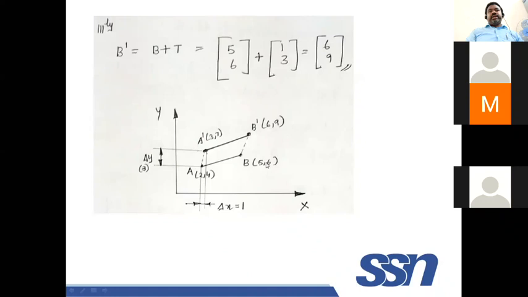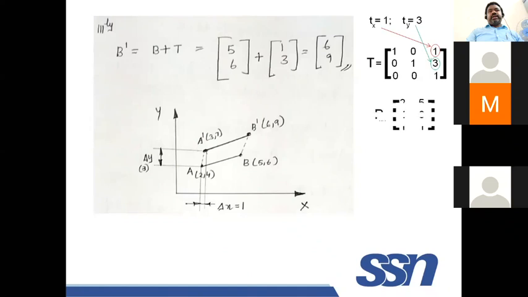Okay, supposing you are approaching this problem by using the transformation matrix approach, how to do this? Look at it. As per the problem statement, Tx and Ty are given as 1 and 3. Tx is 1, Ty is equal to 3, and you can write the translation matrix: 1, 0, Tx; 0, 1, Ty; 0, 0, 1. This expression you have to remember. Okay, this translation is over.